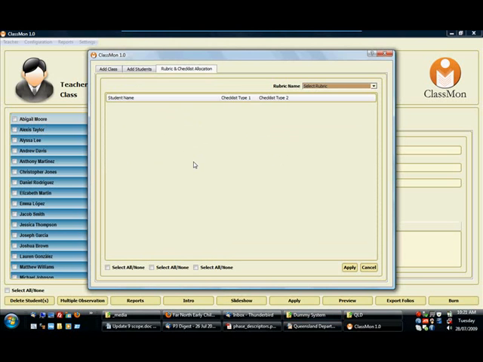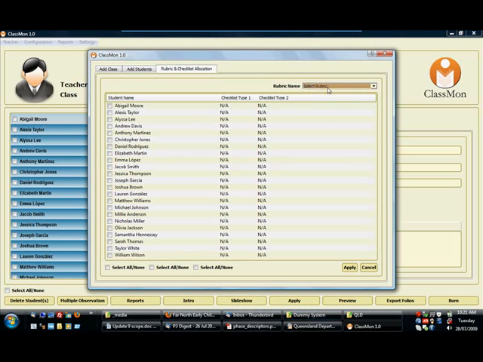So ClassMon works on a rubric, and when you install ClassMon, you get the Queensland Early Years rubric already set up. So you don't actually have to type in any of the information from the QSA document. So when we select the rubric from this list, because you can have multiple rubrics if you're teaching, maybe, someone on a special program, you can also include another rubric, or this might be used for a composite prep and grade 1 or 1 and 2 class, and you can have different rubrics and associate the rubric with